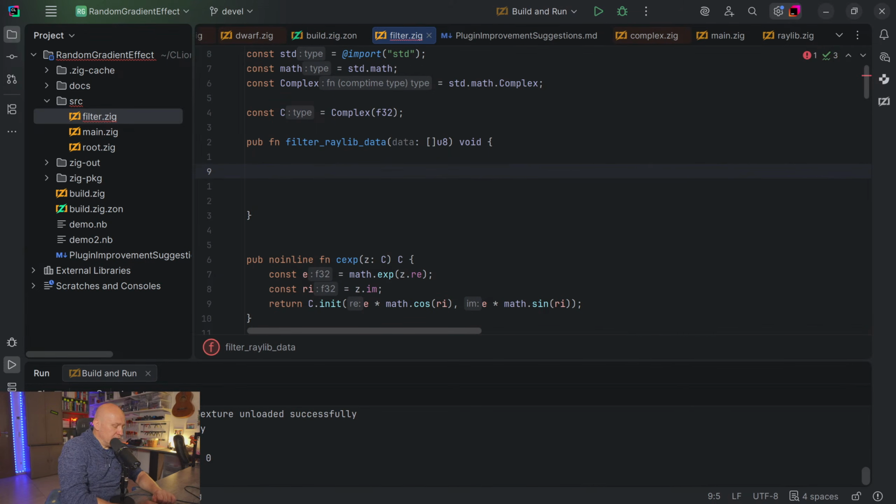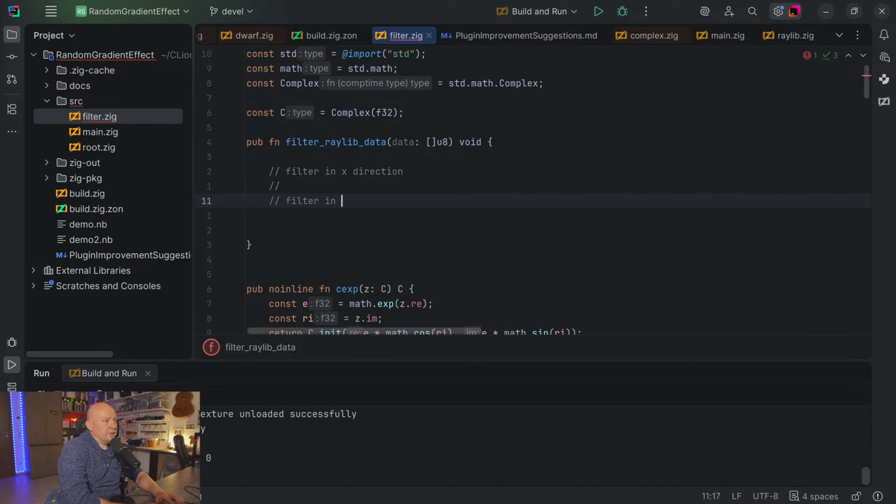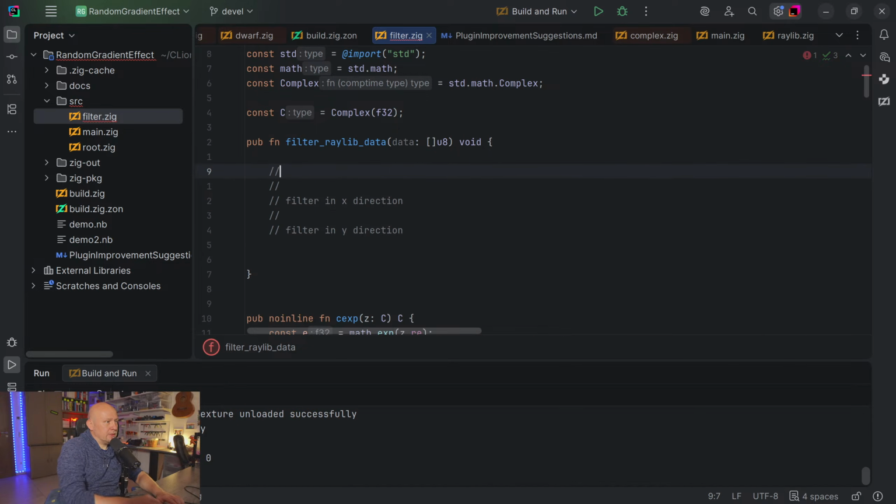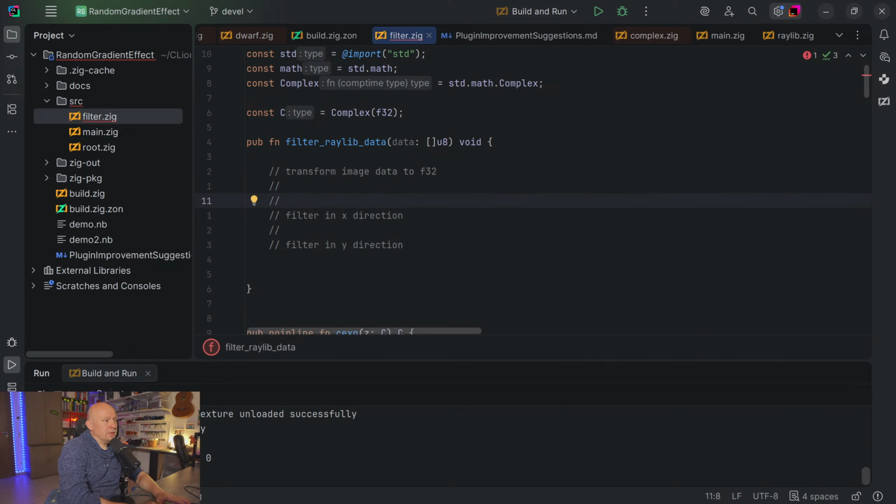So what we need to do here is filter in X direction, filter in Y direction, transform data, image data to F32, and the question is, so here is extract all rows,